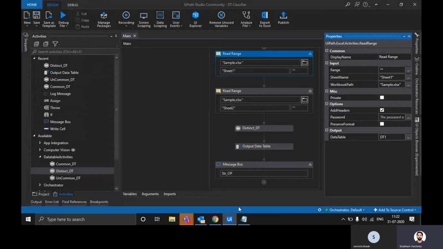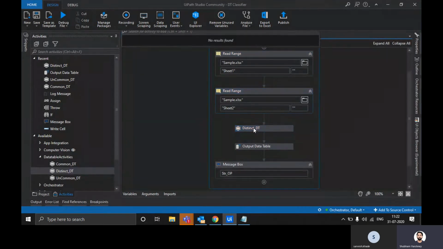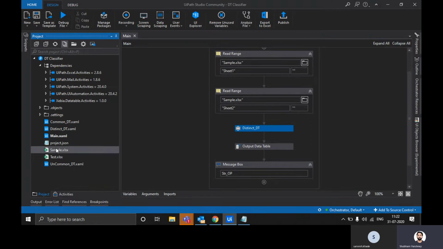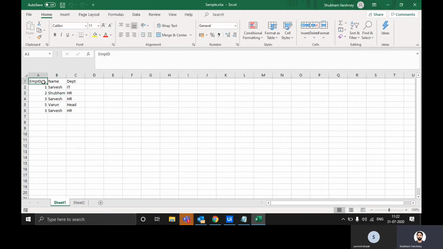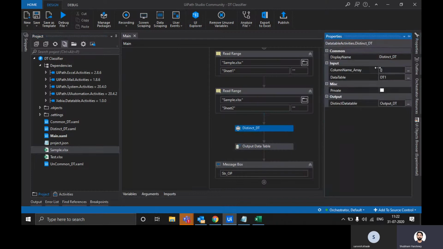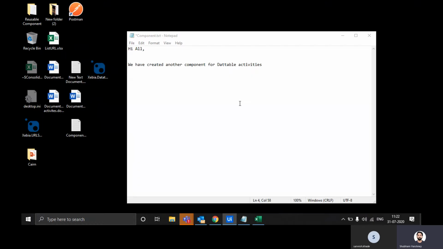Okay, now I can also provide a column name over here for distinct. So if you can see in this Excel file, I can provide a particular column name also. So let's go only with department. So as you can see, only IT, HR and head is unique over here. So all I need to do over here is provide it inside this array, and this will be giving us a response.